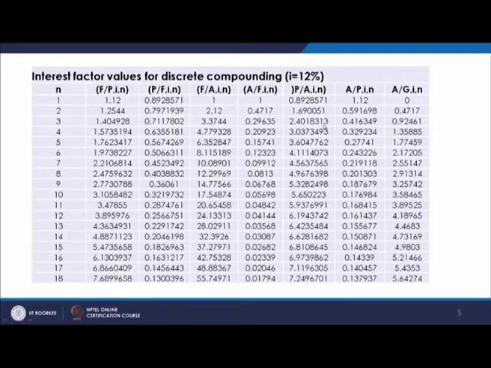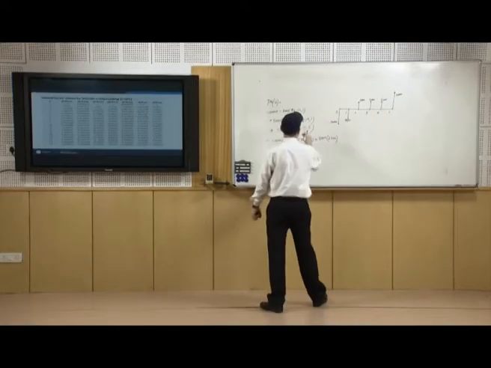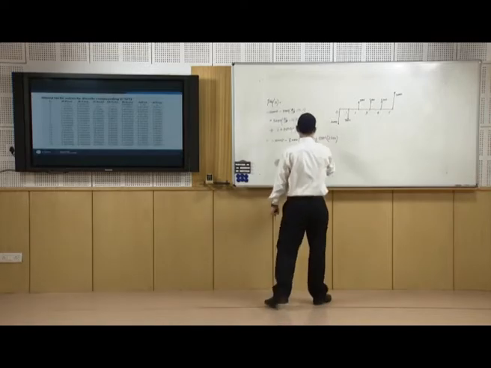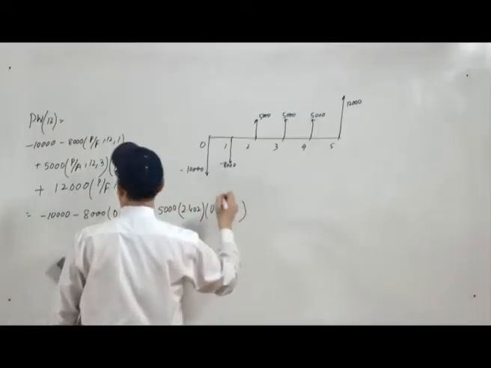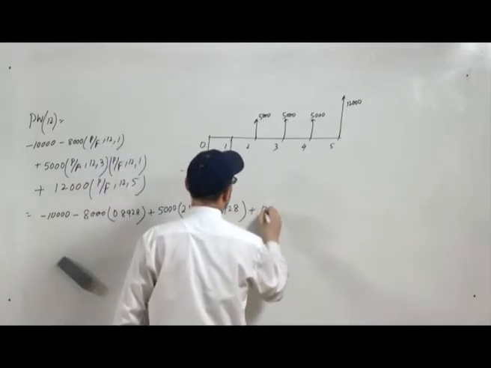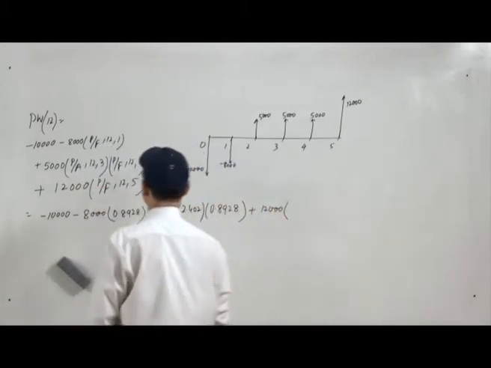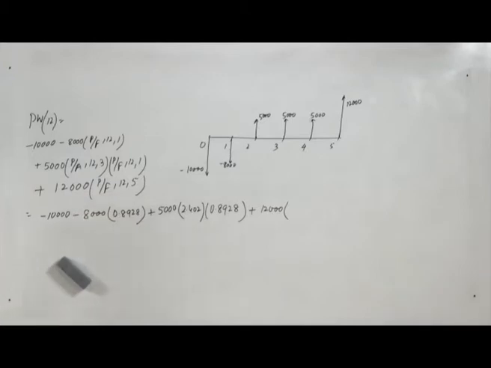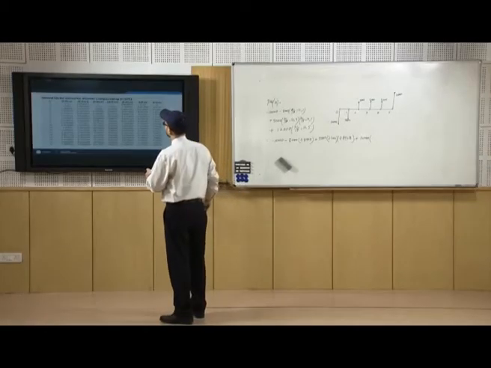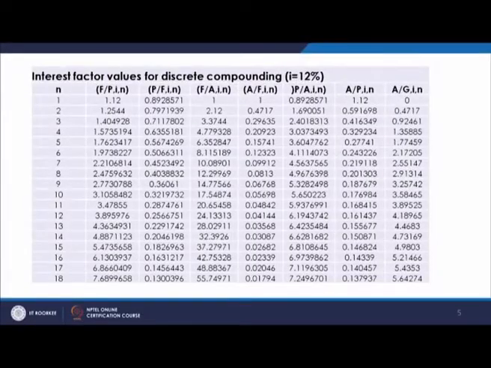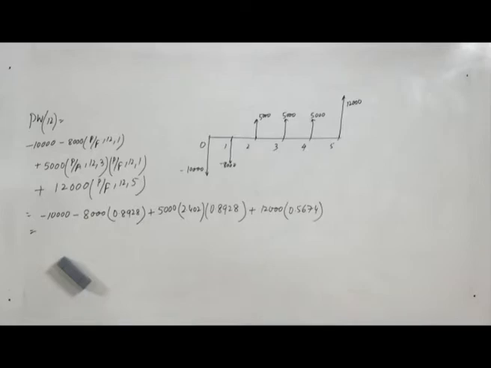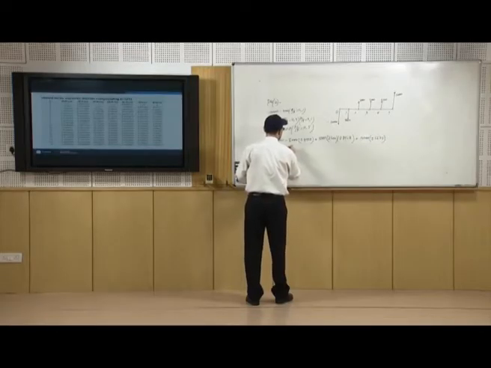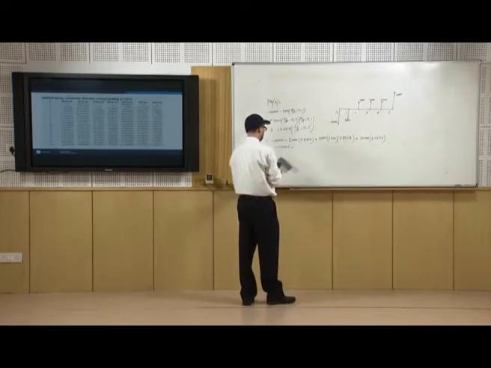So, 2.402 multiplied by P by F 12 1, that is 0.8928, plus 12,000 multiplied by P by F 12 5. So, P by F 12 5 is 0.5674, that comes out to be minus 10,000 minus